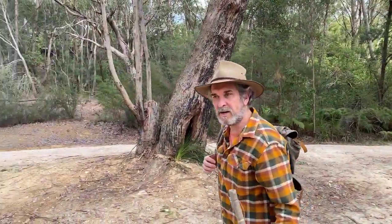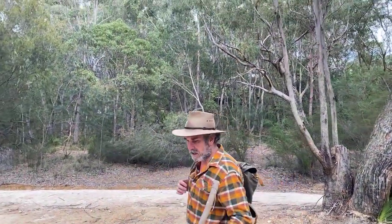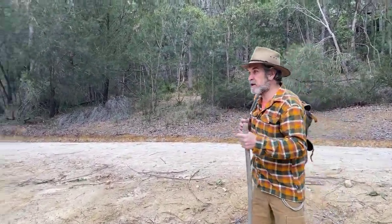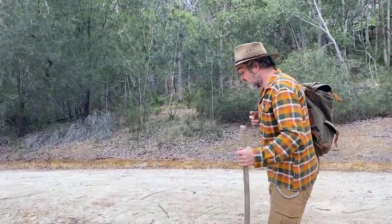Not too far from where I live, but this is brilliant because what we've seen here, this track here has been made because the area here is prone to bushfires, or could be really a real big problem for...